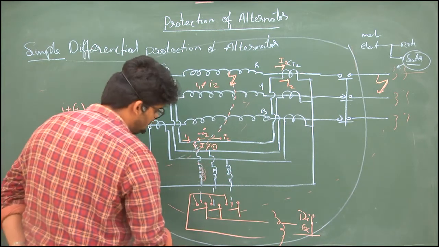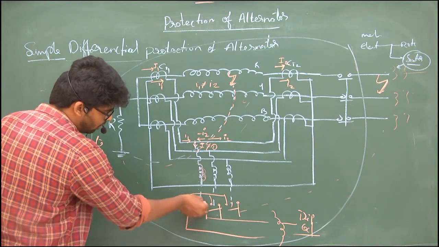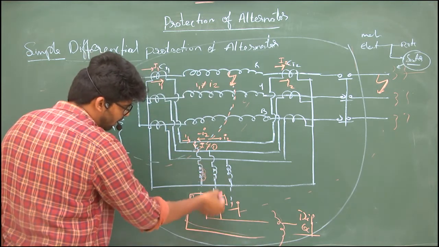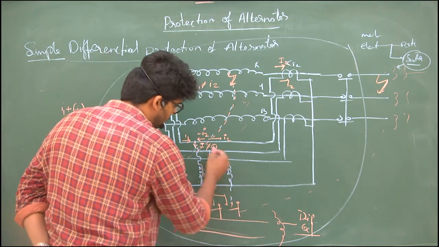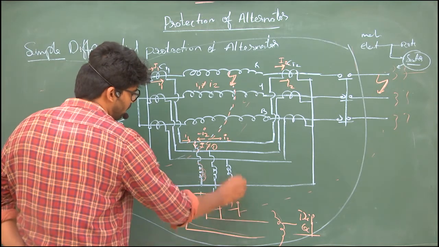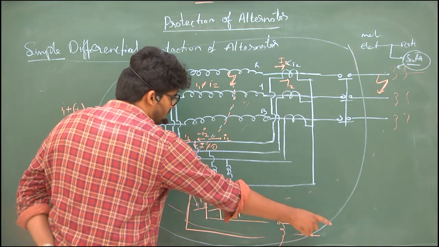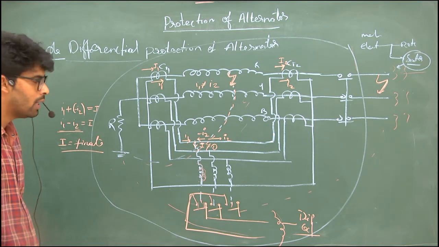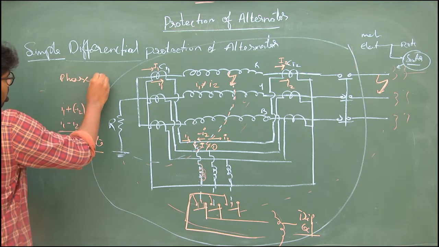This is connected to the trip coil. For example, if a fault occurs in this phase, this will be closed, that means this coil will be operated. If a fault occurs and this gets in contact, there will be a possibility of operation of the circuit breaker. So we have to make sure that whichever phase operates, this coil should operate to excite the circuit breaker. So you understand this is a phase to ground fault. Now we go to phase to phase fault.